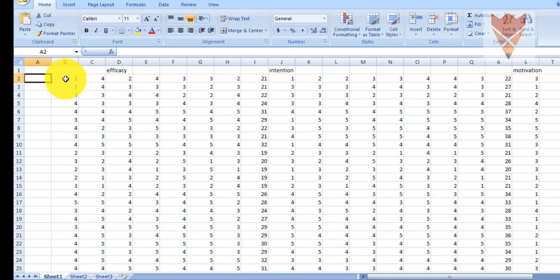Like, these are the questions which I have asked. This is the score of all the questions. For reliability and for factor analysis, I needed these scores, but for regression, I'll find out the total of each questionnaire, each construct. So this is the total of efficacy, this is the total of turnover intention, this is the total of